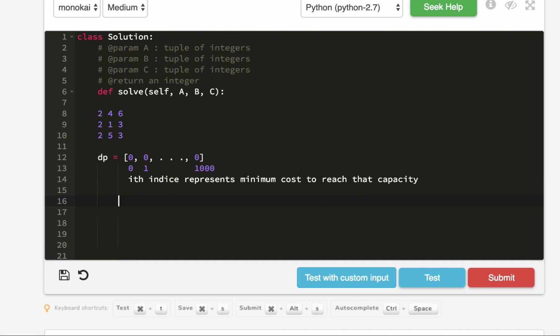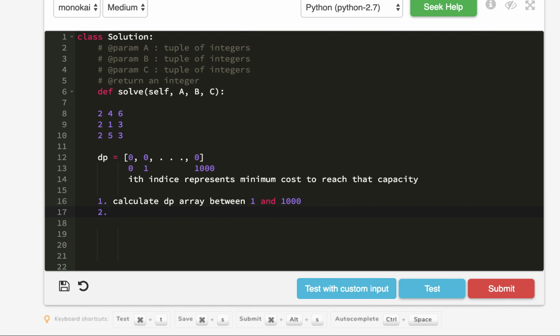So because we know all the friends will have capacities between 1 and 1,000, we can first break the problem down into, 1, calculate the DP array between 1 and 1,000. And then 2, we index the array